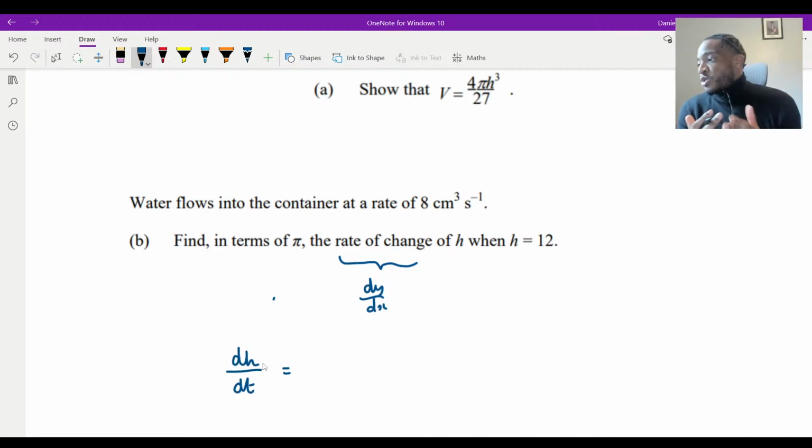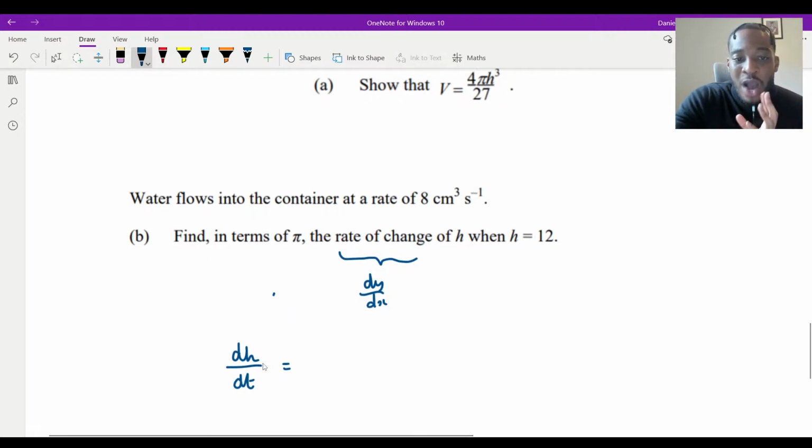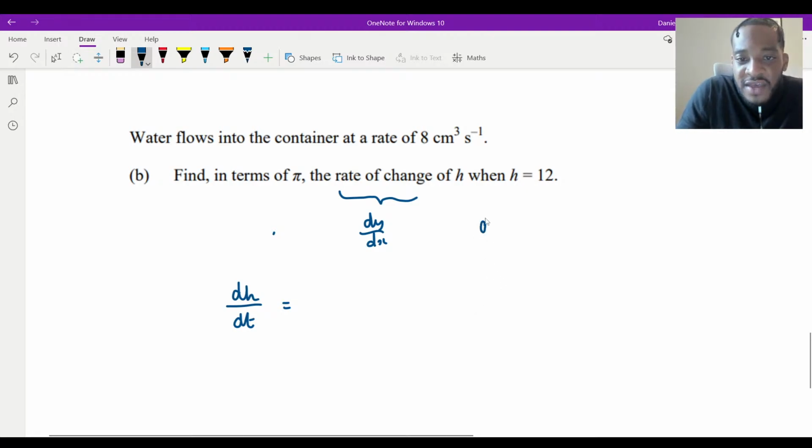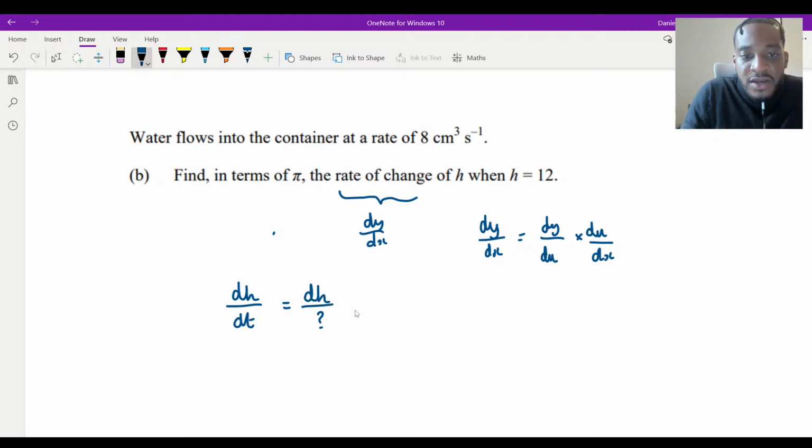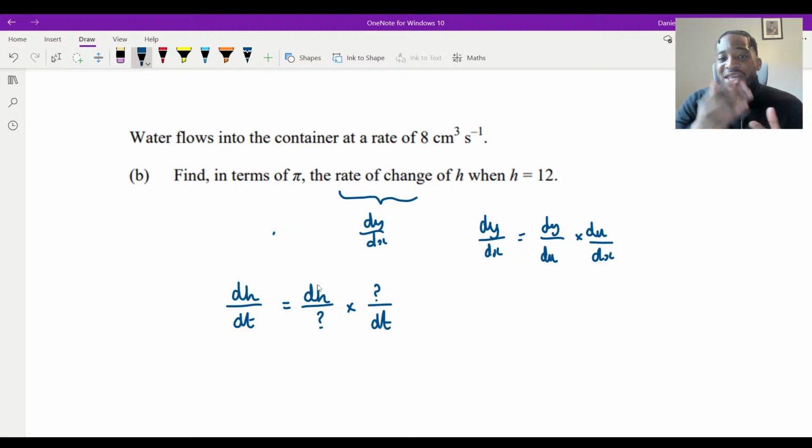Now, whenever you see these types of questions, when you're looking for a derivative, it's a chain rule problem. You're finding a chain of derivatives to connect. So what I always do is this. Remember the chain rule, guys, that you learn at the beginning of year 13. dy dx is going to equal dy over du multiplied by du dx, where u is the connecting variable. So in this case, it's going to be dh over something multiplied by that same something over dt. As you can see, the somethings will cancel and that will leave me with dh by dt. So we need to figure out what that connecting variable is.